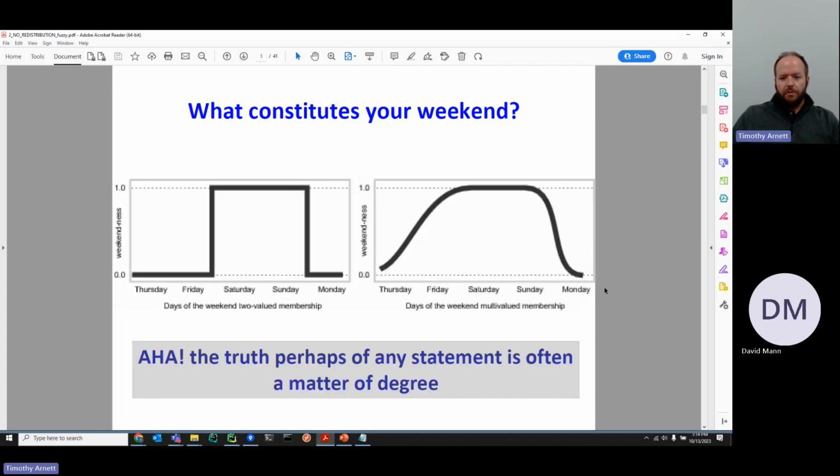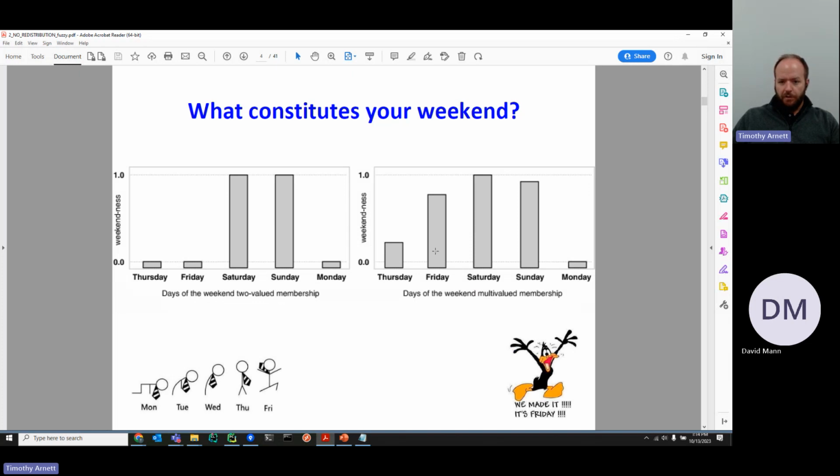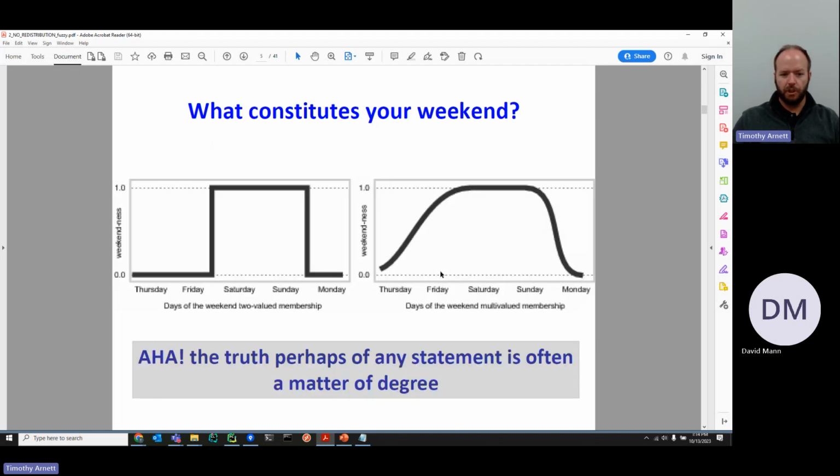We can go a bit further. Rather than looking at these discrete options for days, what if we wanted to look at time throughout the week on a continuum? We could have functions that describe the entire space throughout the week, where in classical Boolean logic, up until Friday transitions to Saturday, we have 0 membership in that set, and then it immediately, discontinuously jumps to 1, because now you have membership in the set starting on Saturday through the end of Sunday, and then back down to 0 at the beginning of Monday.